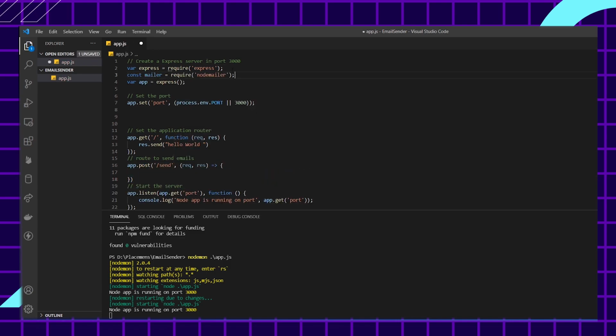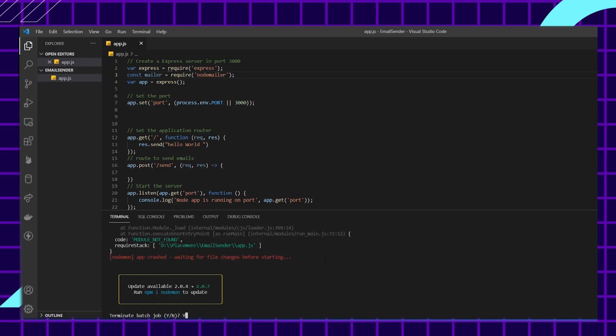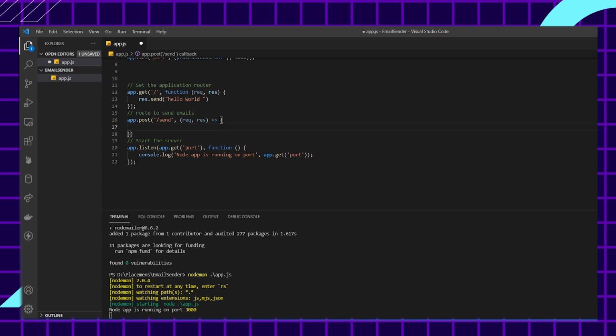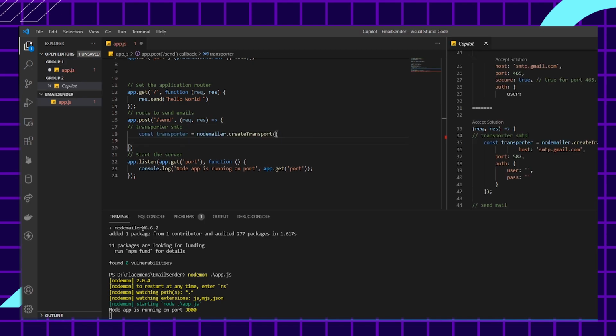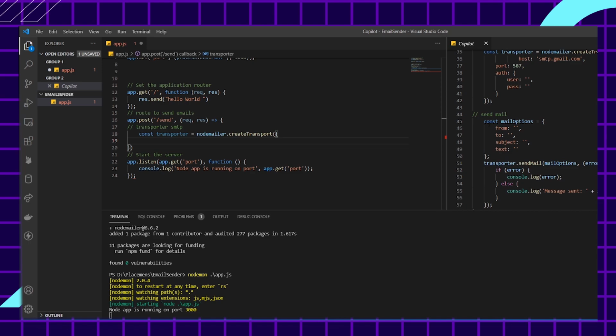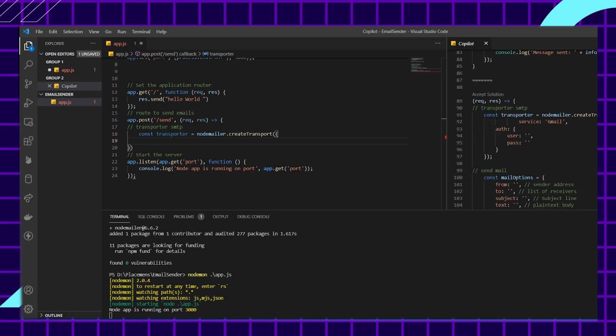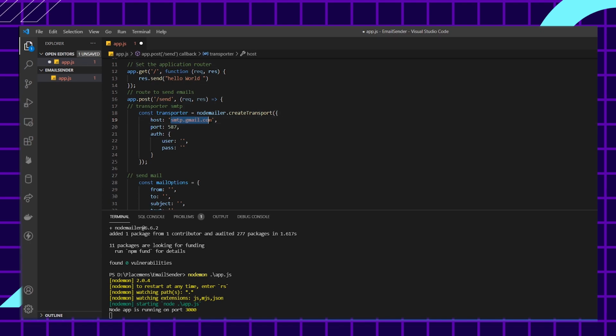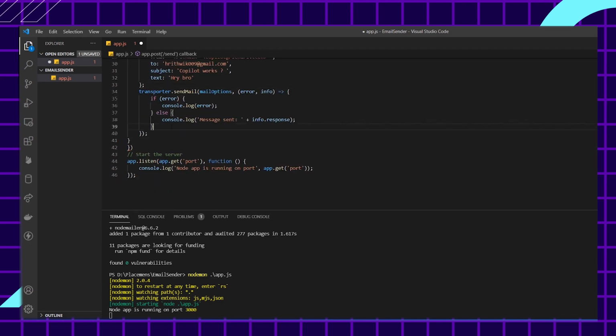Now let's get into the second step. Let me take a variable called mailer, and you can see that I've already got a suggestion. We'll install Nodemailer right now, and also change the variable name to nodemailer. Now I'll create a new route with a POST request, and let's write a comment about transport SMTP. I'm already getting some suggestions here, but most of them are for Gmail, but I want to use my own domain email. Yeah, got it. So let's try to use this and change the host to smtp.richurl.tech and fill in all the details. Okay, I've successfully filled all the details like whom to send the email to and stuff.